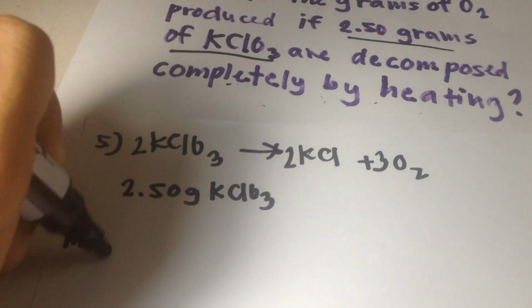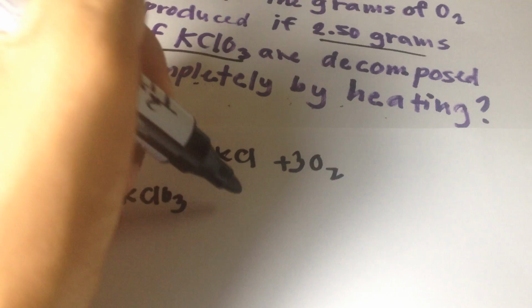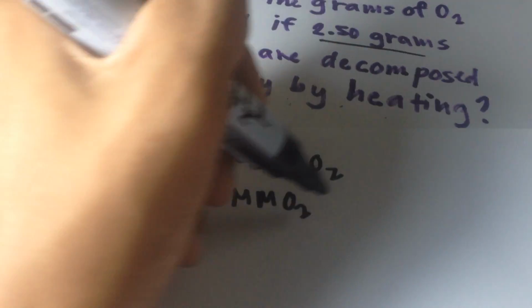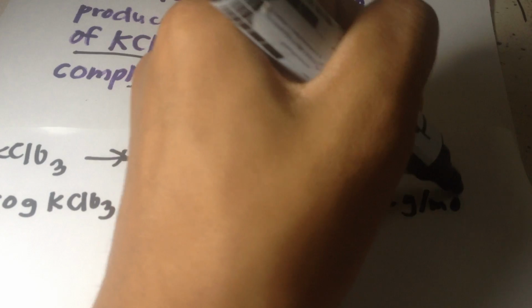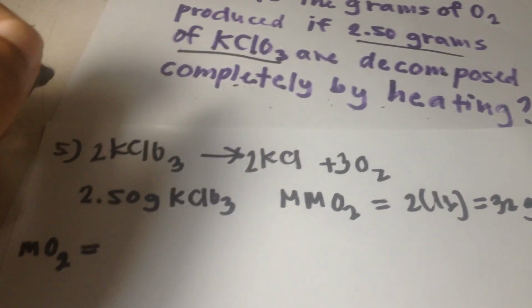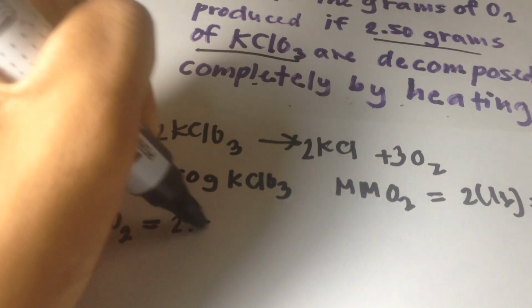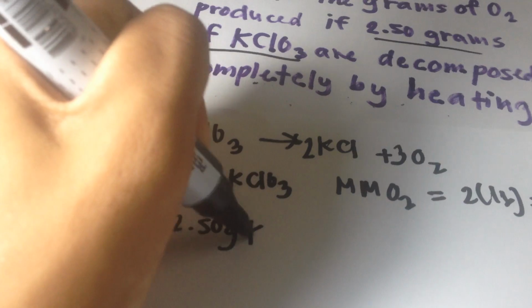So the molar mass of oxygen gas is 2 times 16, which is 32 grams per mole of oxygen gas. So let's begin. So 2.5 grams of potassium chlorate